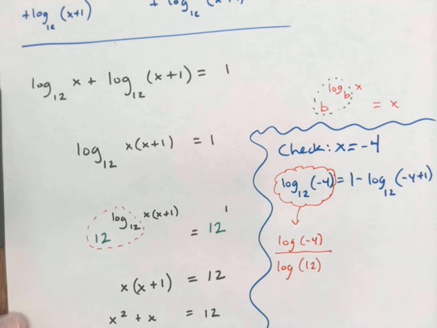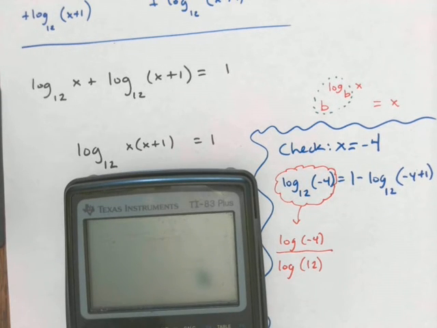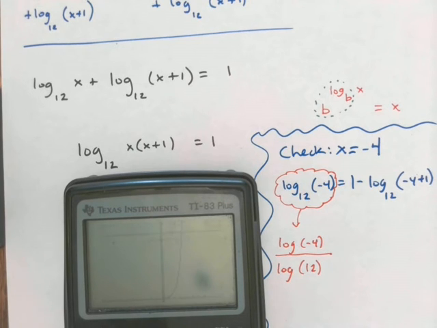Both of these are log base 10, and I do have a log button on my calculator that I can use for those. So I'm going to type in log of -4 divided by log of 12